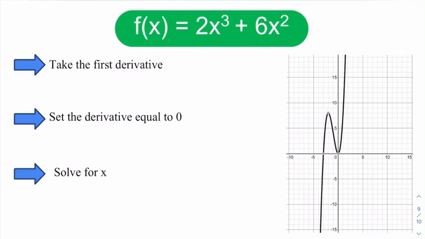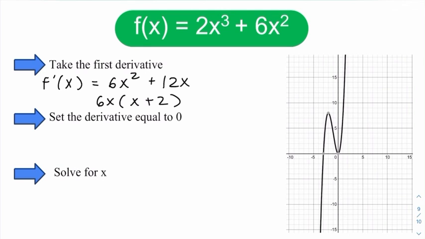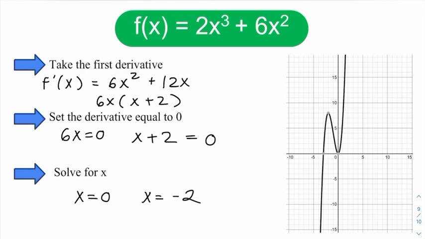We have our function here, f of x equals 2x cubed plus 6x squared. Now the first step to finding the critical points is to take the first derivative. Here our first derivative is 6x squared plus 12x, and we simply used the power rule on both terms. Next we can factor out a 6x, which would give us 6x times the quantity of x plus 2. Now if we set both of these parts equal to 0, we get 6x equals 0 and x plus 2 equals 0. Finally, when we solve for x, we have x equals 0 and x equals negative 2,